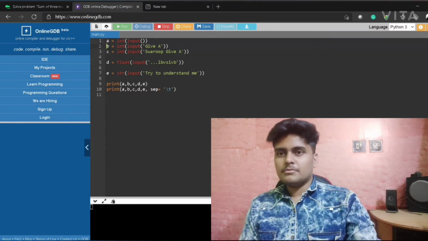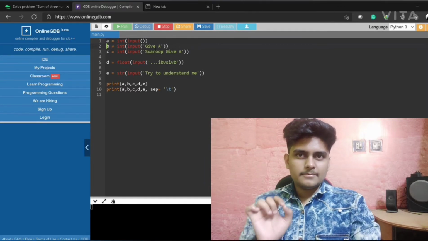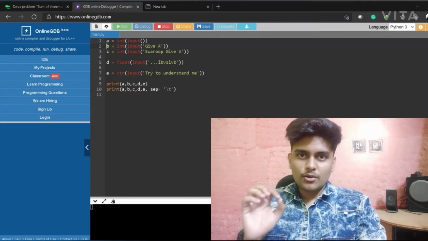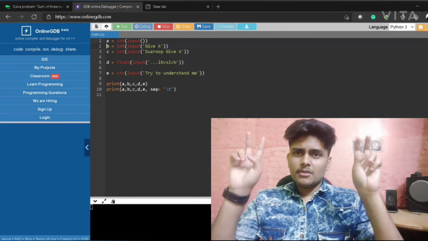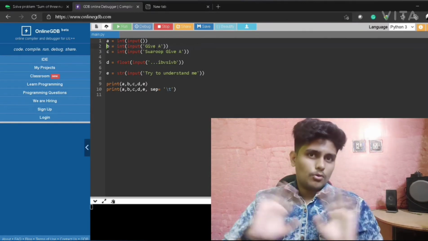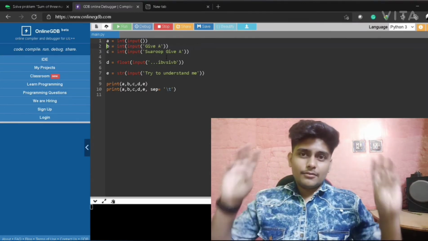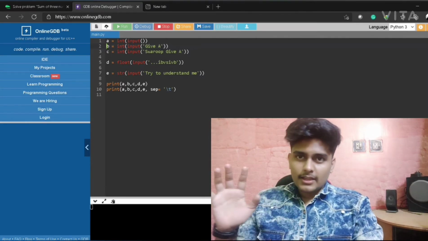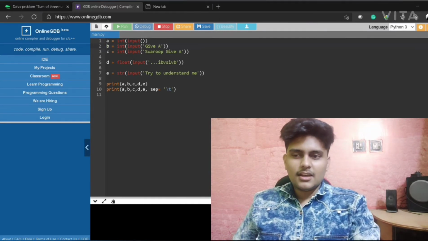Here in the second line we have given b and I have written give a. Will it show an error? No, it won't, because in those quotes you can give single quotes, double quotes and triple quotes, no problem. It will print anything you write. I have given give a, so it won't give an error, it will print that one. If I give a space, then it will give space, otherwise it won't.